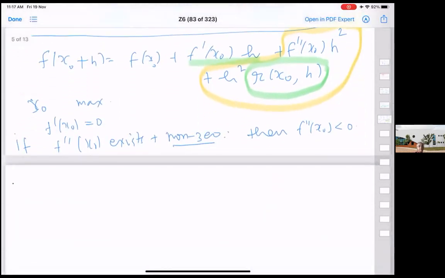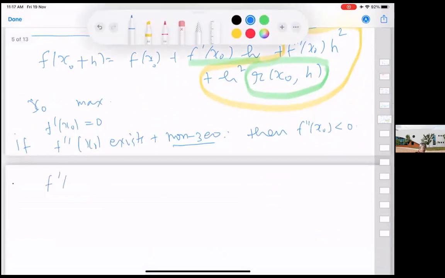Let's see what happens if the second derivative is also 0, if all these three are 0, that is, the first three derivatives are 0, and as of now we don't even know if it is one more time differentiable or not. Okay, then what do we get? That f